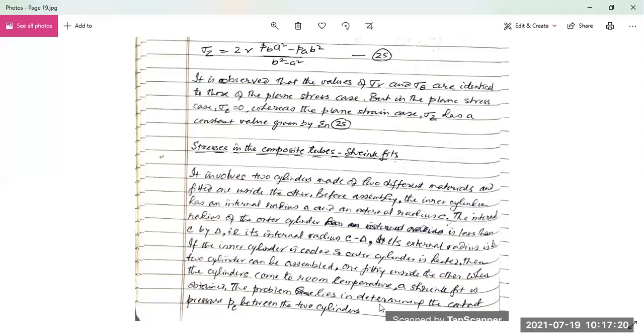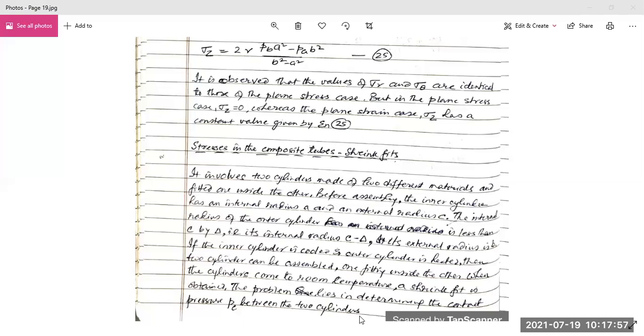Just 1 second, please. Now, it involves two cylinders. I have just to discuss that. Now,